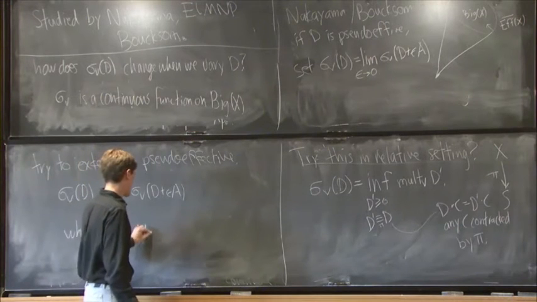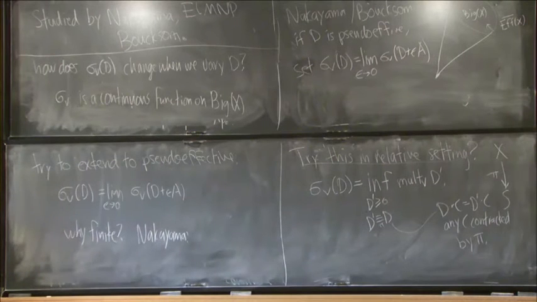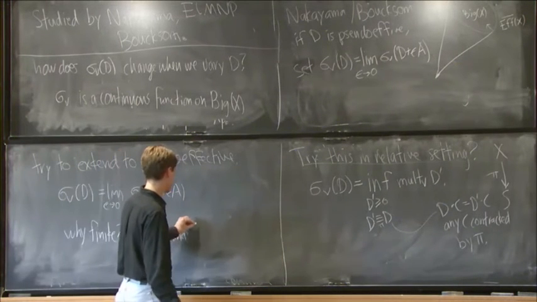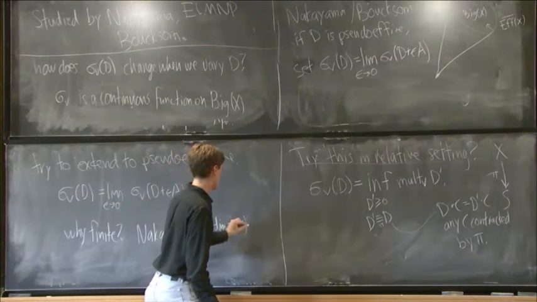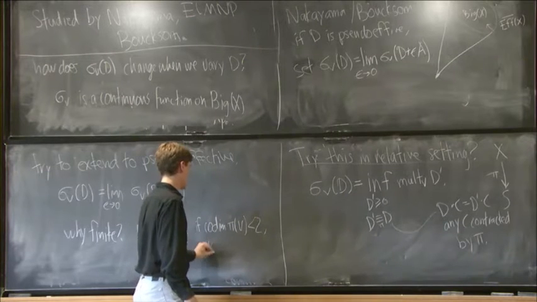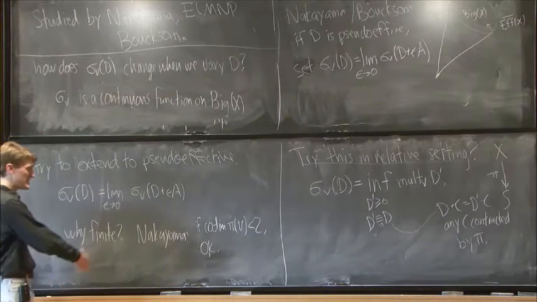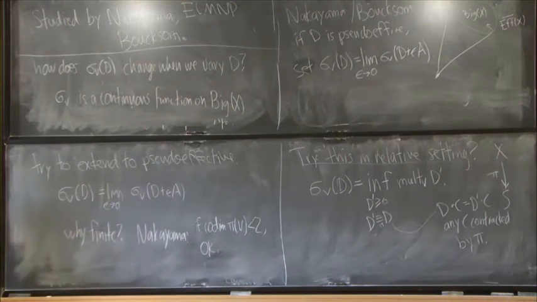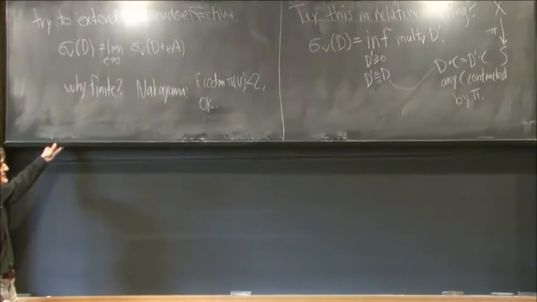So, Nakayama actually gives a variety of conditions that show that it's finite. Maybe the most interesting of these is that if the codimension of pi of V is less than 2, then you get finiteness. So for example, if you're working over a point or even over a curve, it's OK. But if the variety V you're measuring multiplicity along lies inside a fiber, for example, and the base is high dimensional, there's no guarantee you're going to get this finiteness.